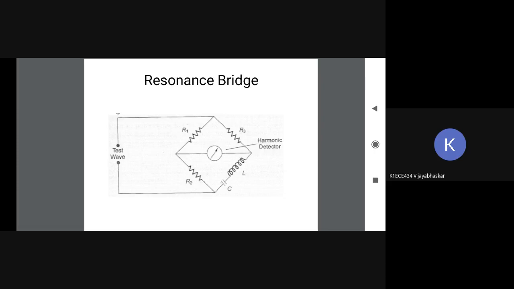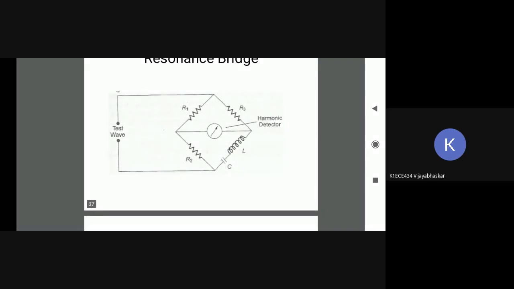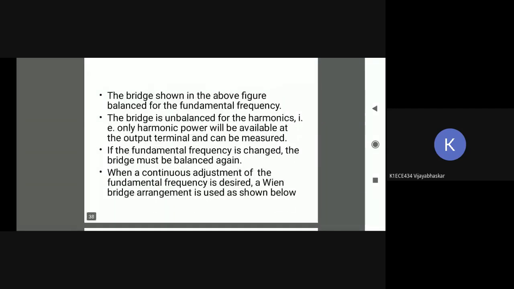Next, again we have to give a 30 hertz signal. After that, we have to give a 50 hertz signal. After that, a 100 hertz signal also we have to give as an input to the particular circuit. So in those situations, for every change of input, the bridge is balancing. So even for every fundamental frequency range of input signal, the bridge is balancing. So that is regarding the third point.